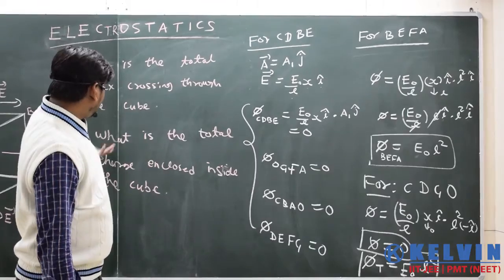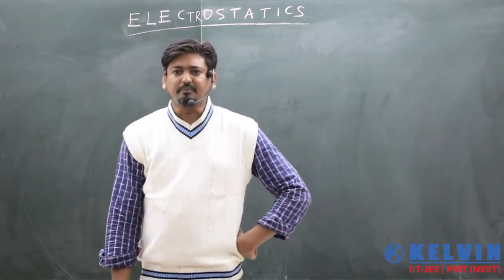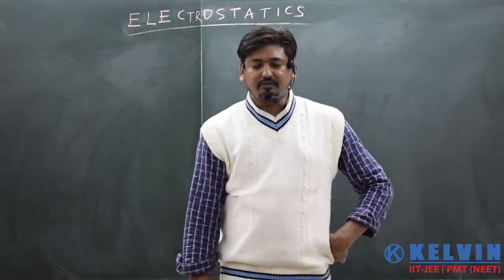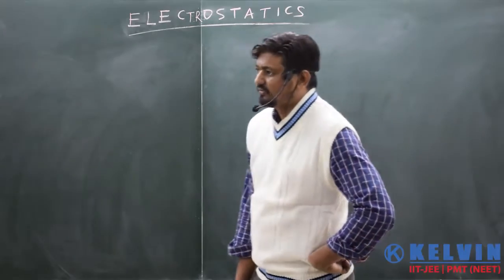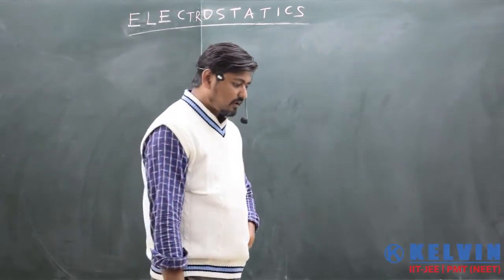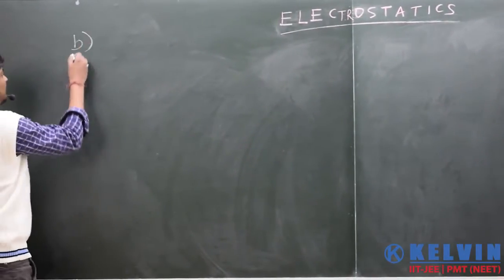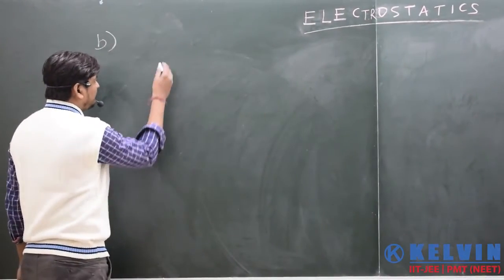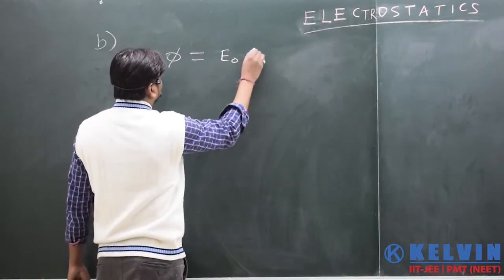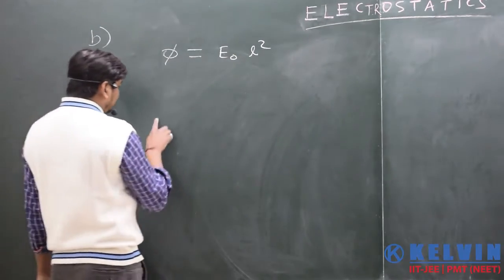Now let's see, by using Gauss theorem, how you will get the answer of part B. So in the previous part, we have already calculated the flux associated with the whole cube, all 6 parts of the cube, in which we have got the flux 0 for the 5 parts, and for the final part we got it as E naught L square, right? So the total flux associated, now we are calculating part B. The total flux associated we have already calculated was equal to E naught L square. Now applying Gauss theorem to calculate the total charge enclosed inside the surface.